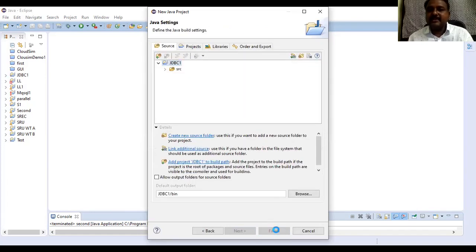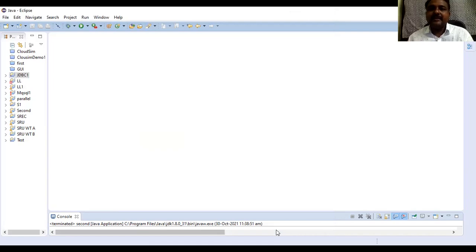With these steps, we create a project in which we are going to store all the classes we use to interact with databases through JDBC. Now I right click on JDBC1, which has been created.